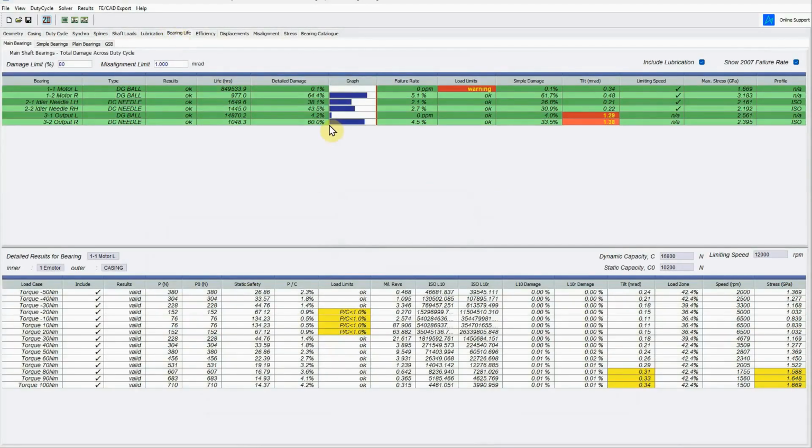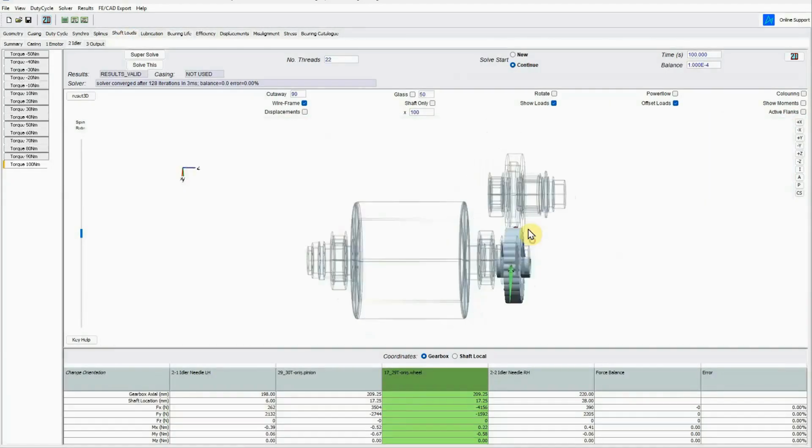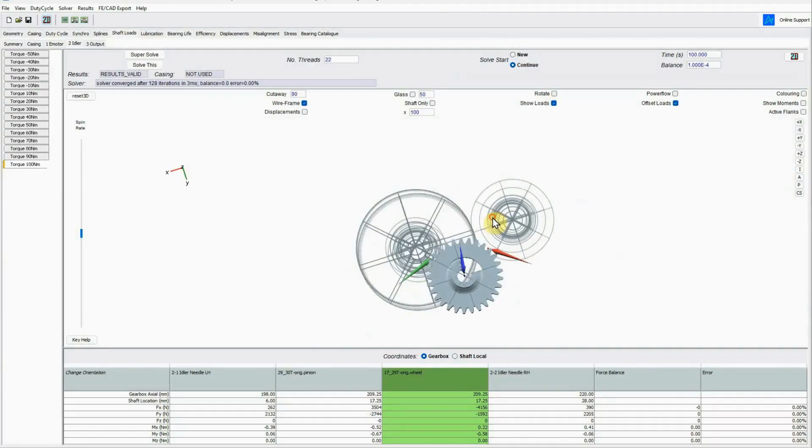And lo and behold, without changing the bearings, without improving the bearing capacities, we have now reduced the damage on those bearings to acceptable levels. And why is this? Again, we can go and have a look at the actual forces that are being applied now on that